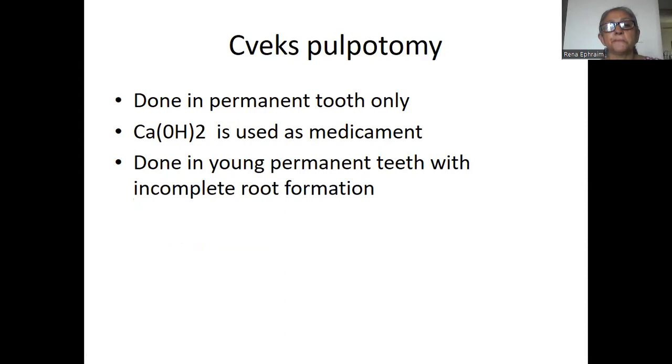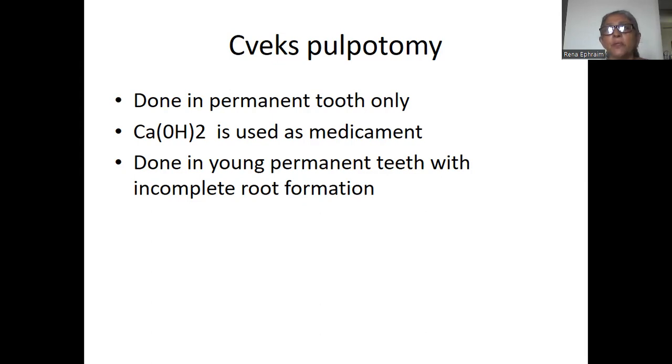Next is Cvek pulpotomy. This is done in a permanent tooth. This is the same as that of a primary tooth. Local anesthesia has to be given. The pulpotomy is the same as that of the primary tooth. The isolation has to be done, and you can partially take off the pulp from the pulp chamber in Cvek